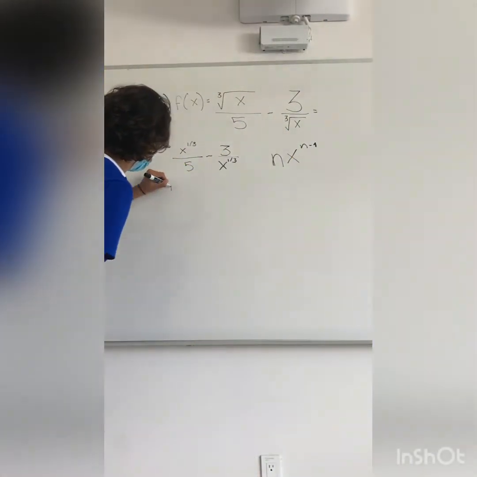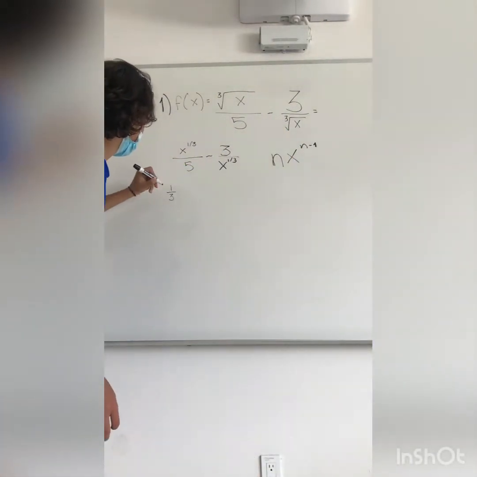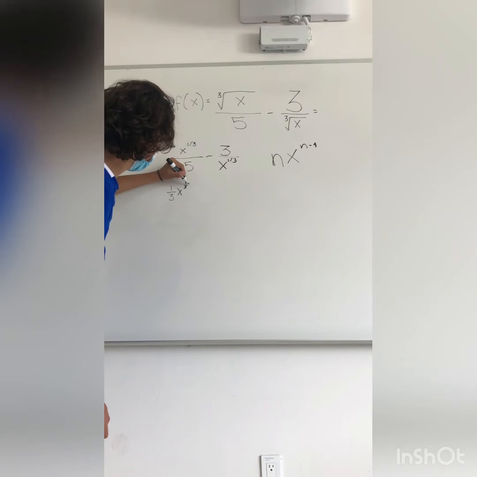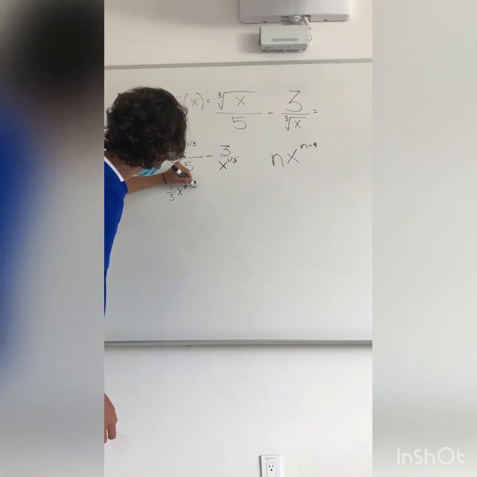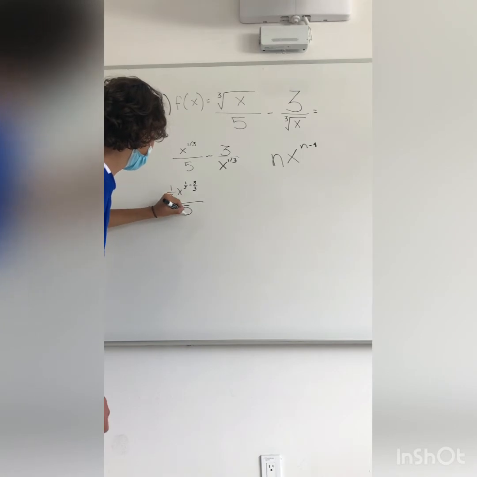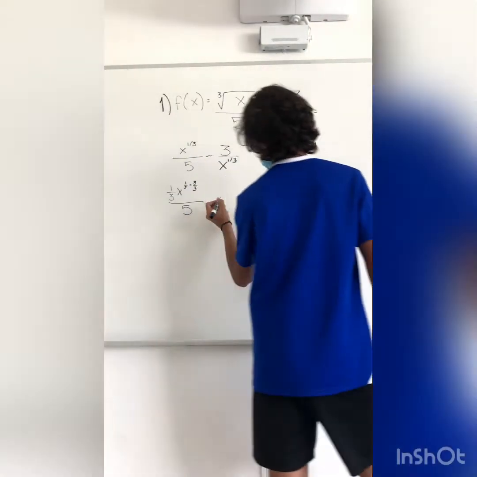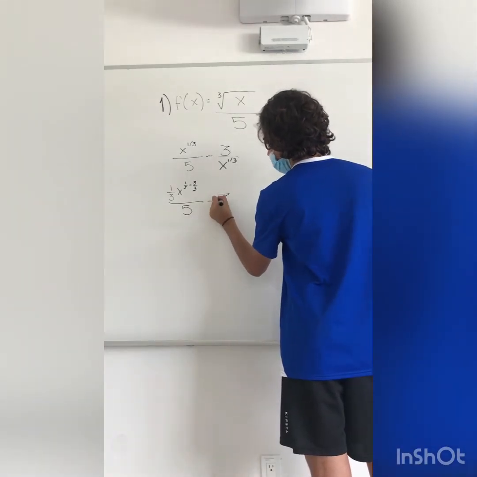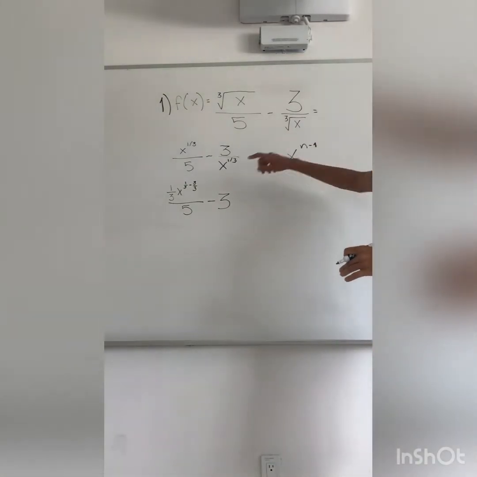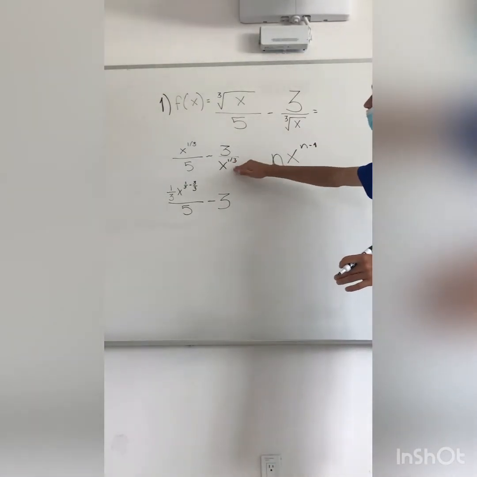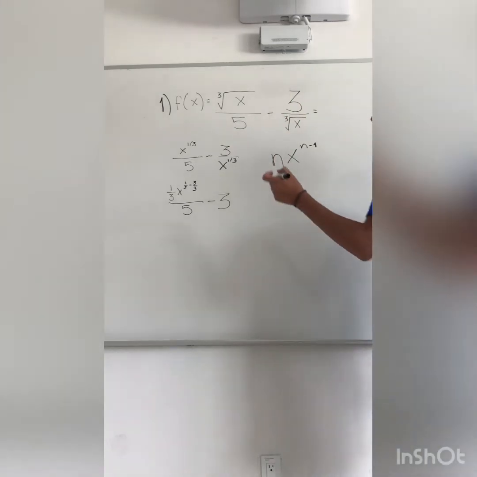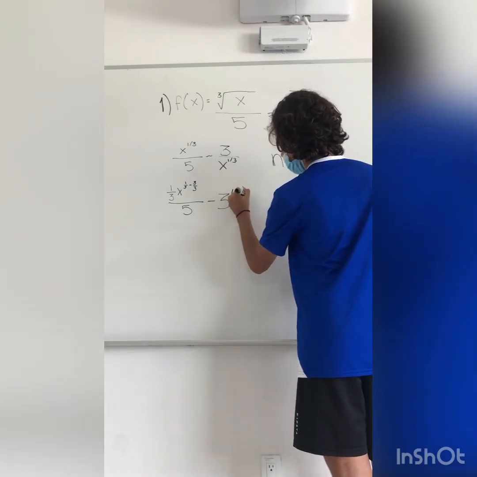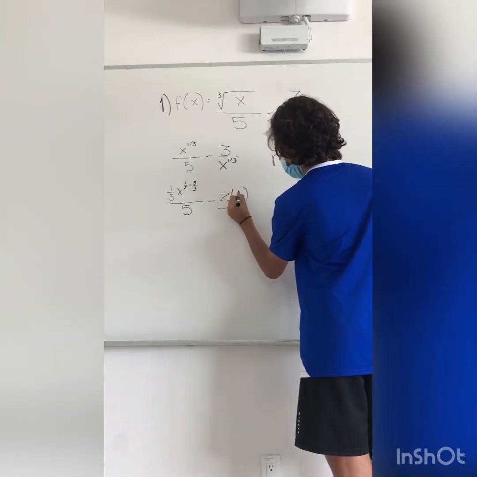So it's 1/3 of x to the 1/3 minus 3/3 over 5. Now that we have this, we do the other one. That is minus 3, but now what we're going to do is, because this one is negative and is below, we have to pass it to the front. So it's this by minus 1/3,